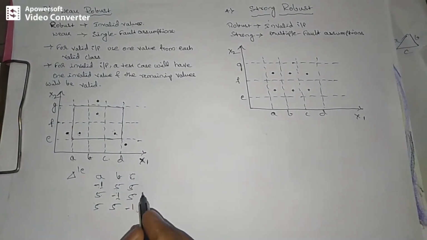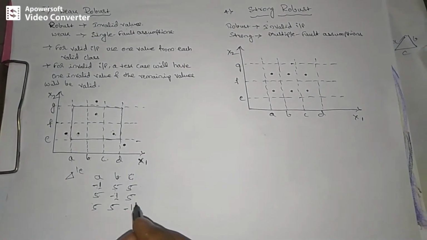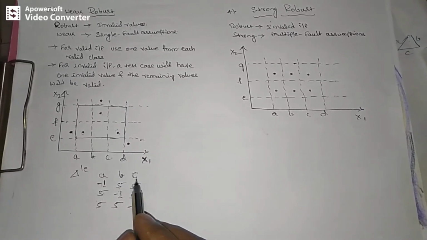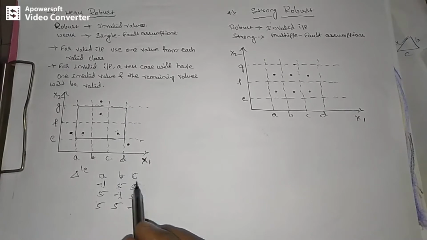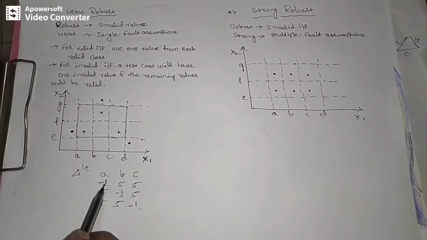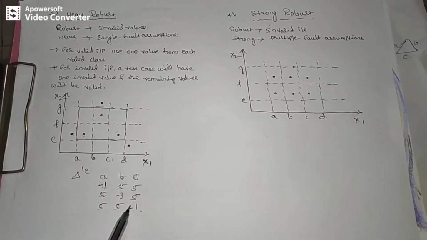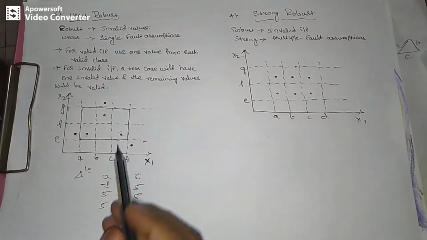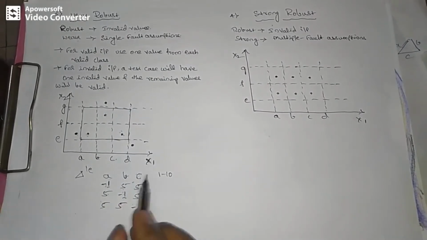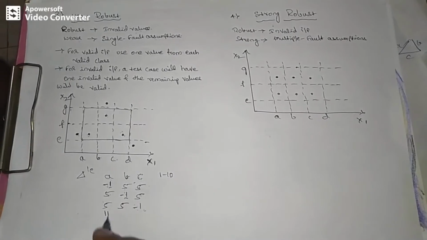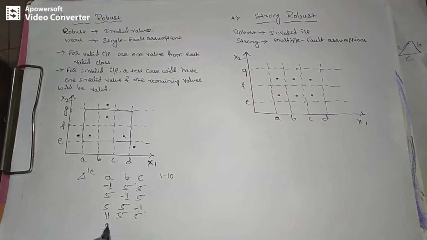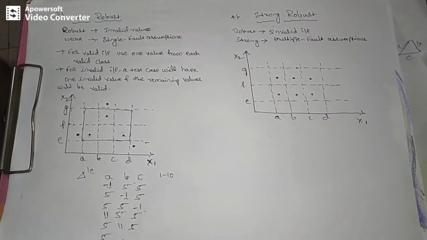Here also there is no hard and fast rule to identify the number of test cases. Based on the invalid input variables, we can specify that many test cases. Here I have selected the lower limit of the invalid input variable, therefore I have generated 3 test cases. If I am talking about the upper limit, 1 to 10 is the input domain range which we have specified, then 11 becomes the invalid input: 11 5 5, 5 11 5 and 5 5 11.